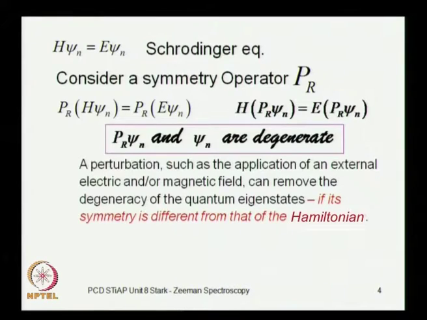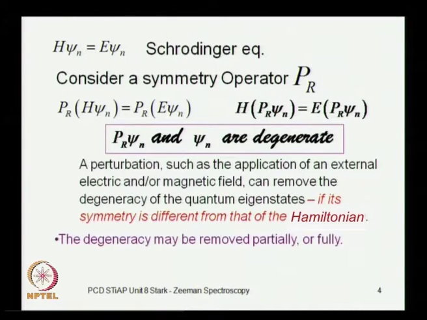So, in the Stark effect you break the symmetry of the Hamiltonian by applying an electric field, and in the Zeeman effect you use the magnetic field. So, the degeneracy can be removed by breaking the symmetry of the Hamiltonian, and you may break the symmetry either partially or fully,